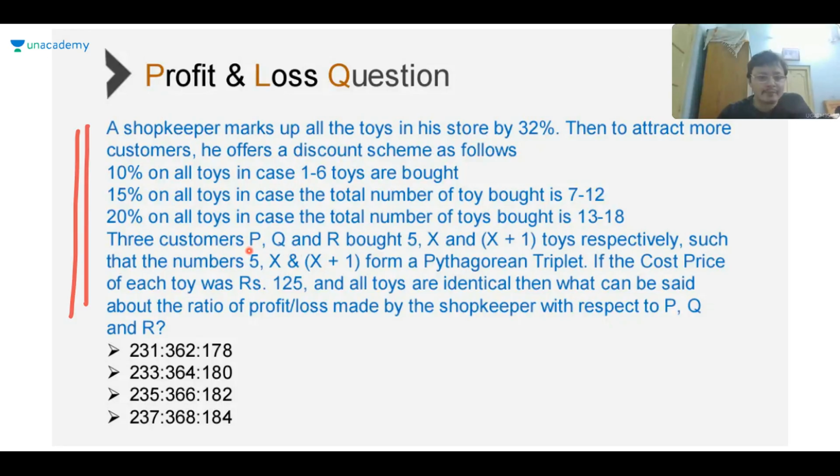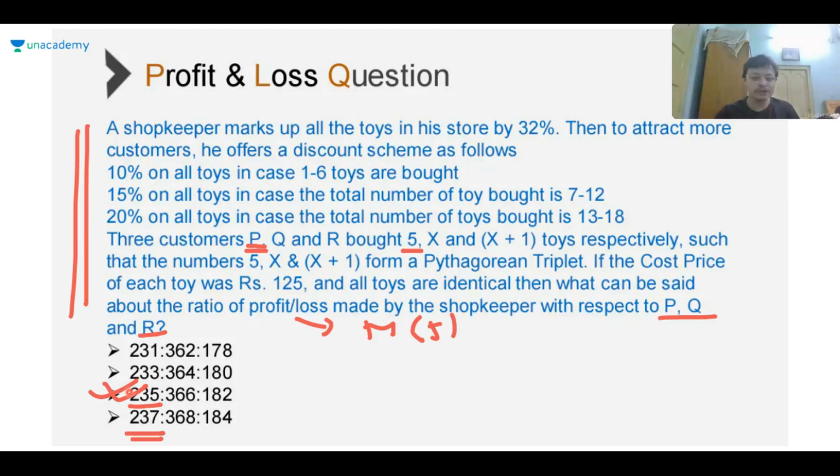So P bought 5 toys, and the ratio, the profit, the P, Q, and R are being considered. So the profit is going to be a multiple of the number of toys you purchase. So for P, the ratio will be a multiple of 5. So I look at the first set of numbers. Can anybody tell me which of the options is a multiple of 5? That is